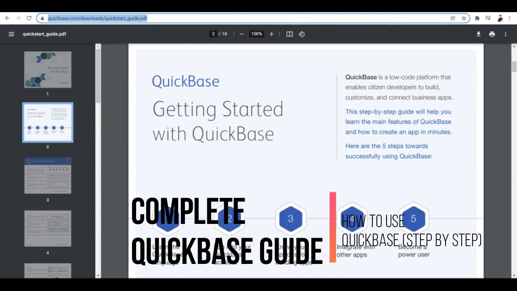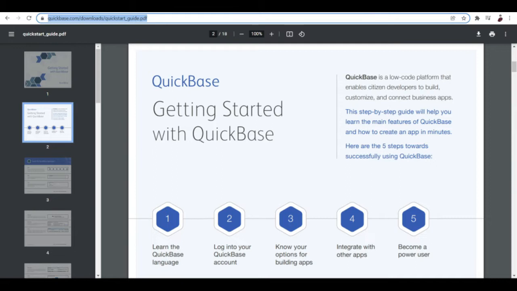Complete QuickBase guide, how to use QuickBase step by step. Hi there, you guys. You are looking forward to using QuickBase to make your own application. You hit on the right video. So in this guide, I will be talking about how to use QuickBase and how to get started with it